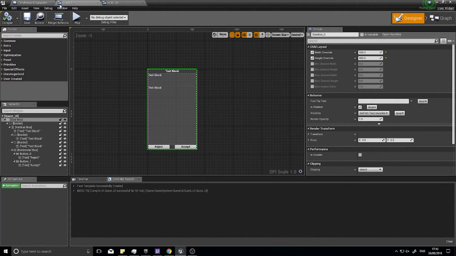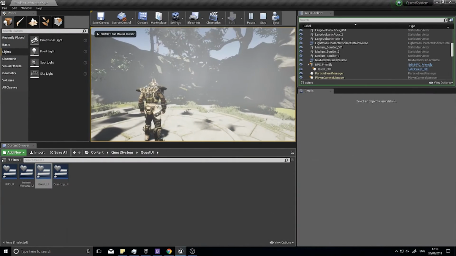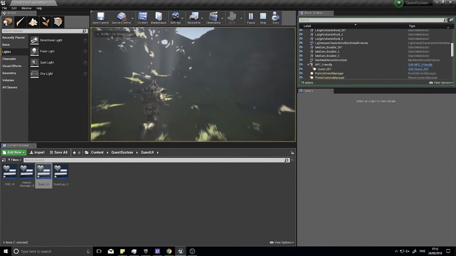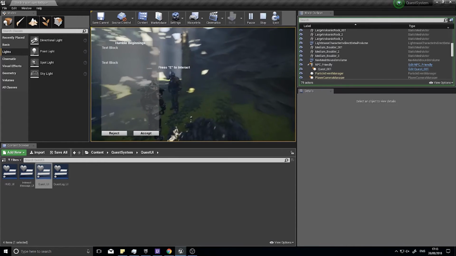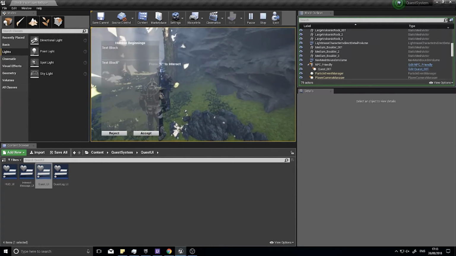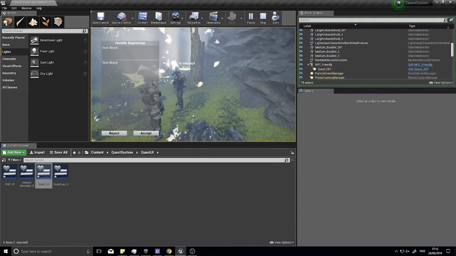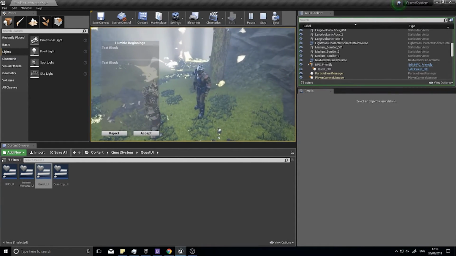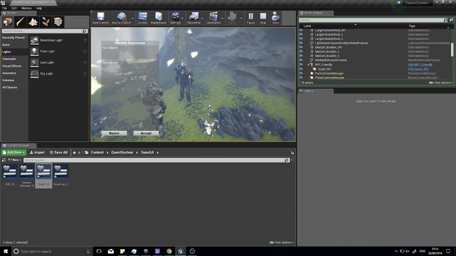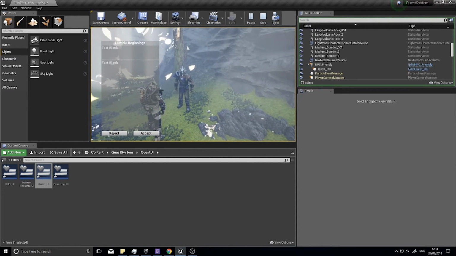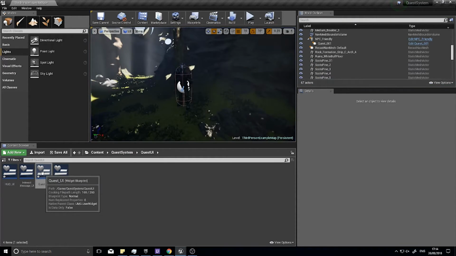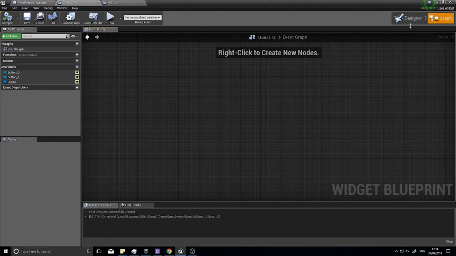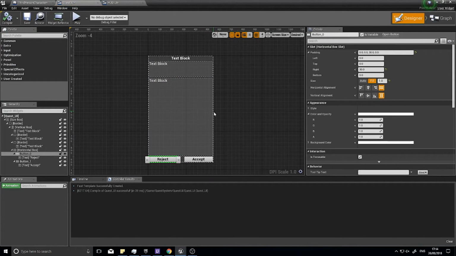Click compile, and let's go back to our game. So to test this, we're going to go up to our character, and it now looks a lot better. Yeah, we're much happier with that now. So the next job is to make it so we've got control away from the character onto the UI, so we can choose to accept or reject it, and when we click the reject button we're going to make the window close. So let's go back into our Quest UI widget, this thing here,